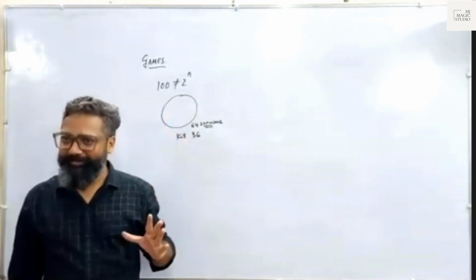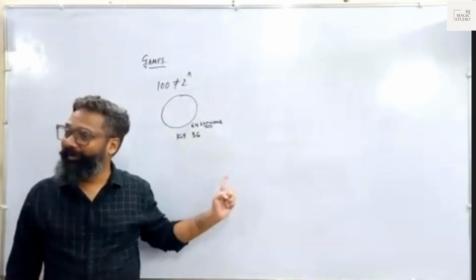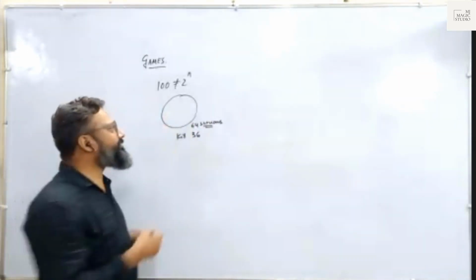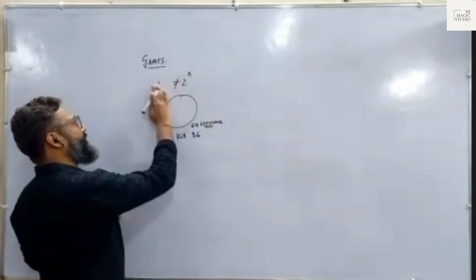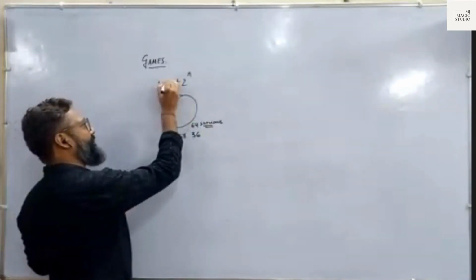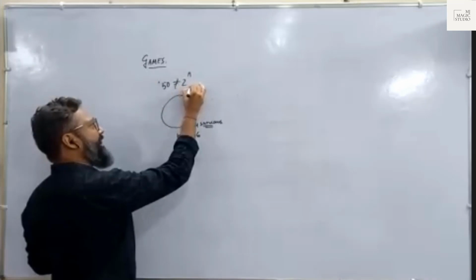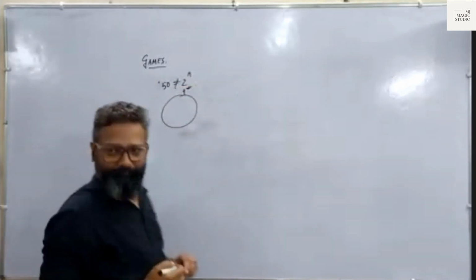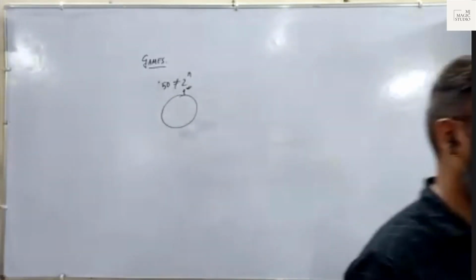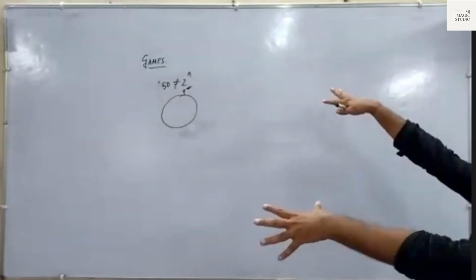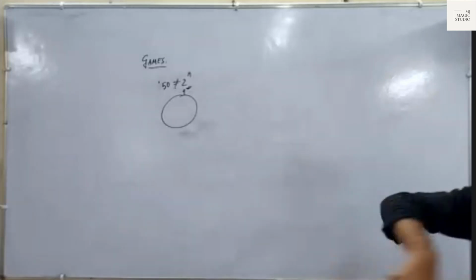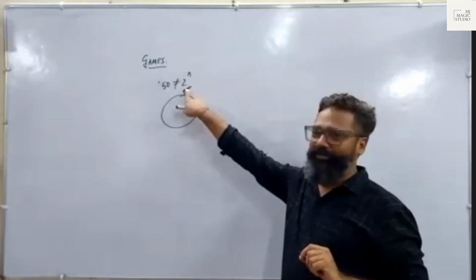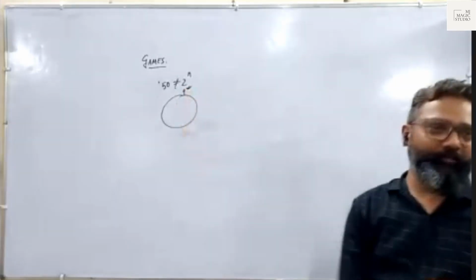You can only do this if you know that theorem and you know how to use it. Now your task: instead of 100, I'm giving you 50 people in this circle. And if the game is starting with 1, give me the roll number of the survivor. Same situation. There are 50 people, 1, 2, 3, 4, 5, 6, up to 50. They will do the same thing. Knife is with number 1. Tell me the survivor.